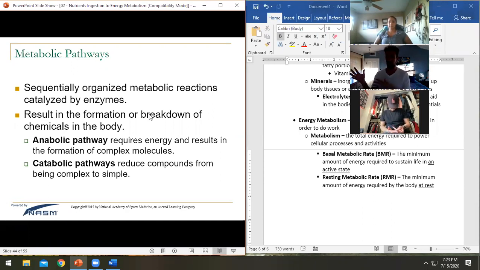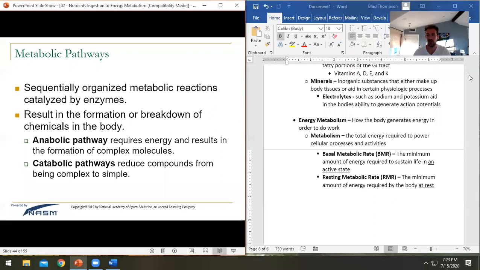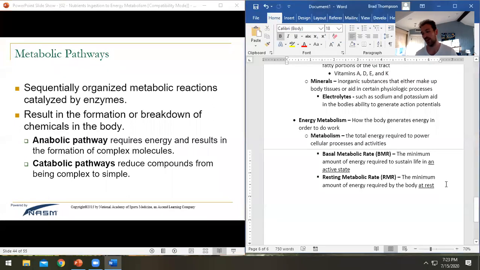Looking at either building something up or breaking something down. I guess that'll work. This is where you have either your anabolic pathways or your catabolic pathways. So, back to the notes finally after a big long break. You have anabolic pathways,